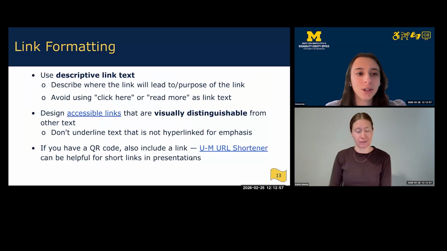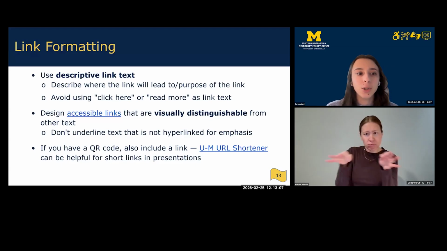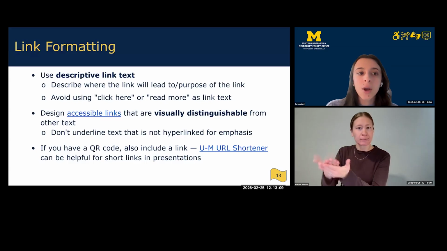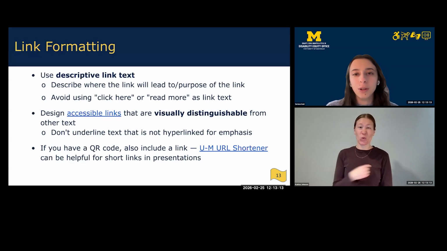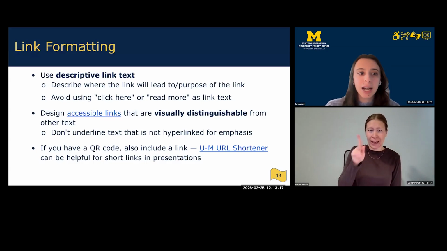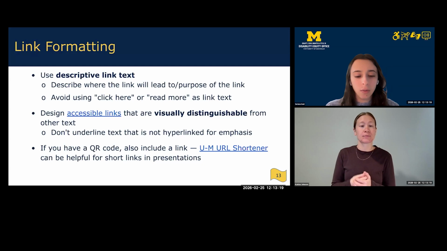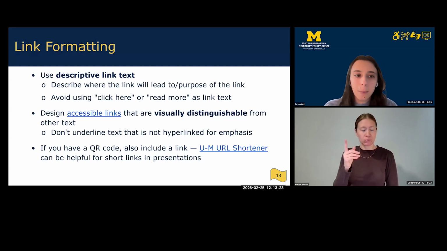Okay, onto descriptive hyperlinks. So, hyperlink text provides information about a link's destination or purpose. When we refer to descriptive hyperlinks, we're talking about using the link text to inform the user where the link will take them. So, meaningful link text gives us an idea of what the link is and where it will lead us if we click on it.